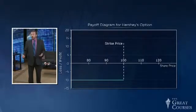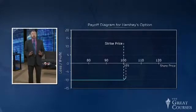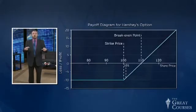Beginning at a price of $100 for Hershey's stock, though, good things start to happen. At a price of $101, we make $1 by exercising. That doesn't cover the option's price, but it holds our loss to $9 instead of $10. Our profit line is still in negative territory, but it's tipped up $1. For every dollar above $100 that Hershey's stock costs, we make $1 on our